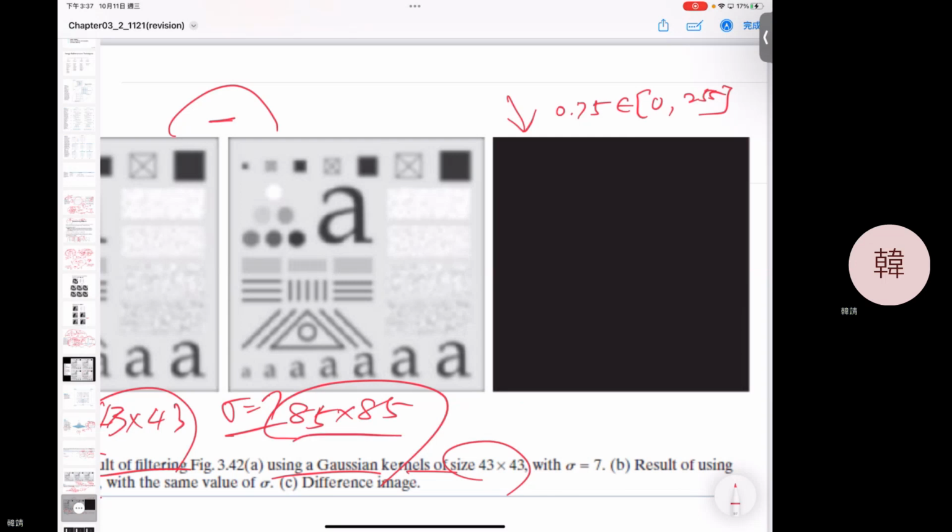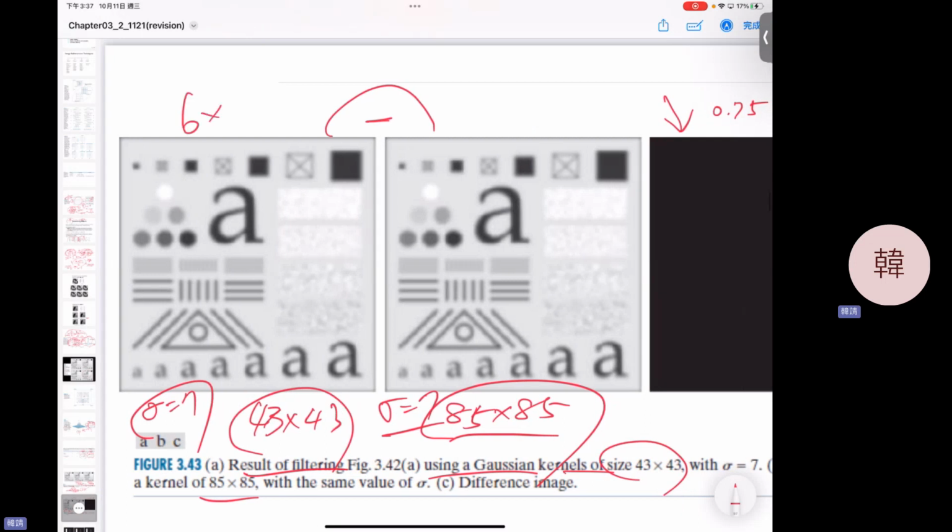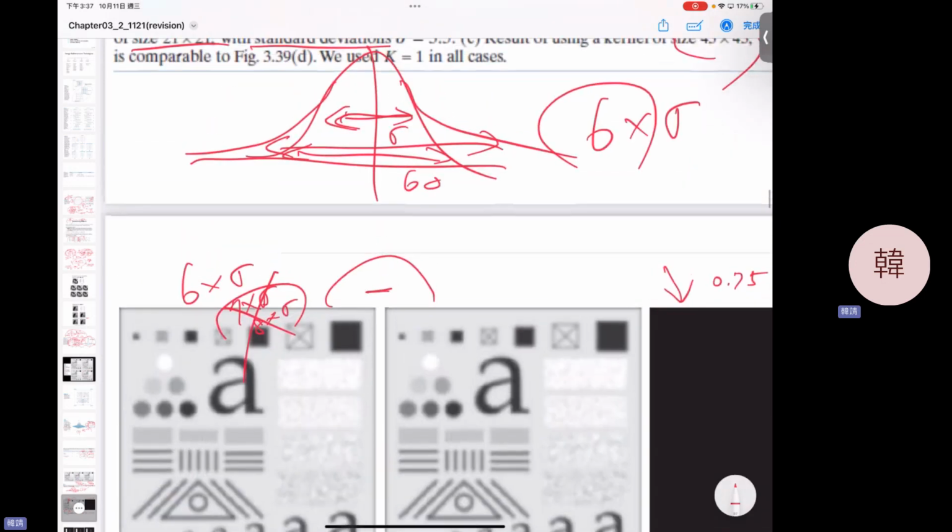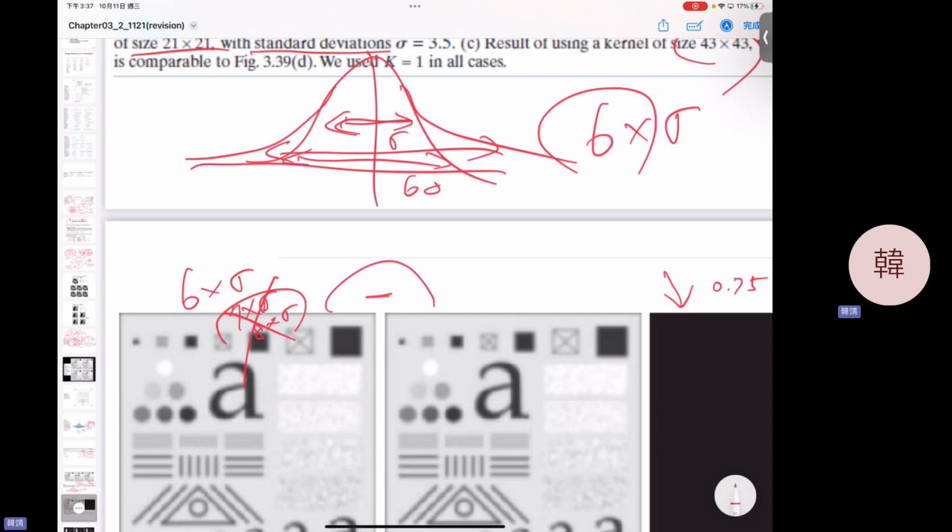If you use 6 times sigma, good enough. You don't have to use 7 times sigma, 8 times sigma size. Not necessary at all, because they make no difference. Okay. And to compare, let's see what's the result here, and for the box filter,